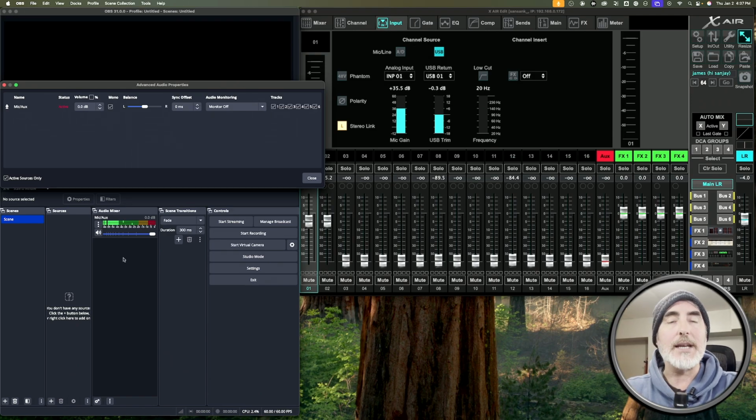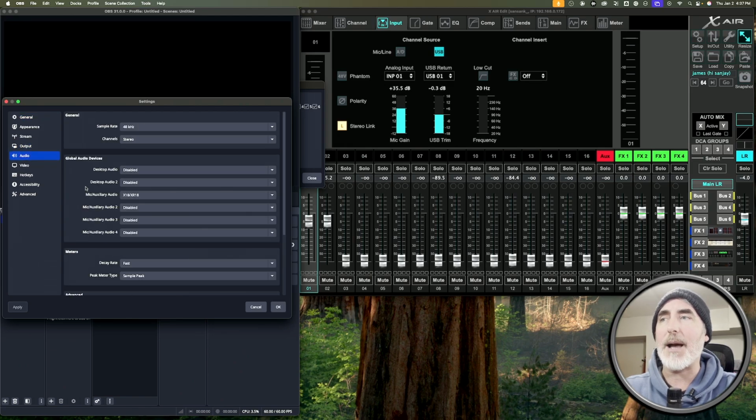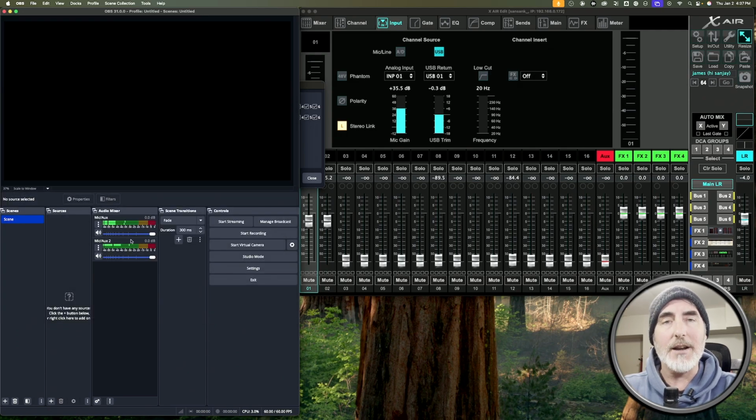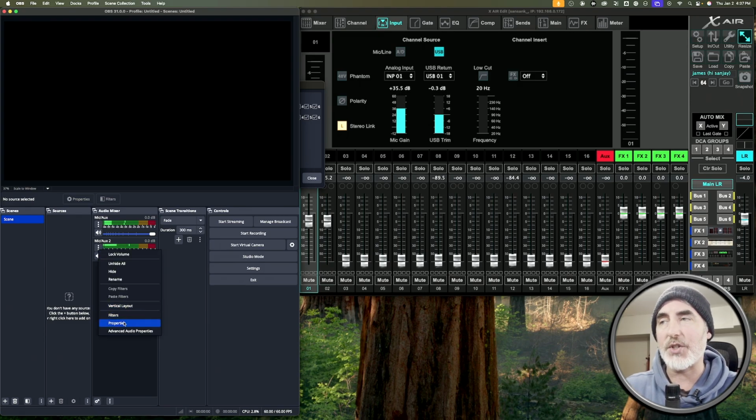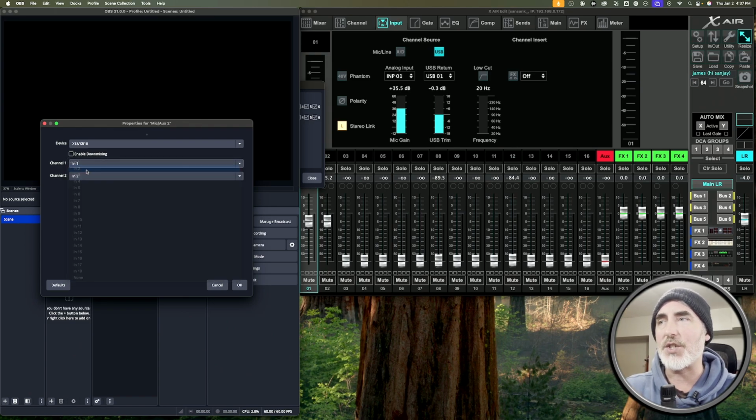And what this does is it now leaves you the ability to go back into your settings and go into your audio tab again. And for the second, third, and fourth, you could add your XR18 again. And for each one you add, you're going to get another control here in your audio mixer. And then you could go back in here to your second instance and turn off down mixing and change this to